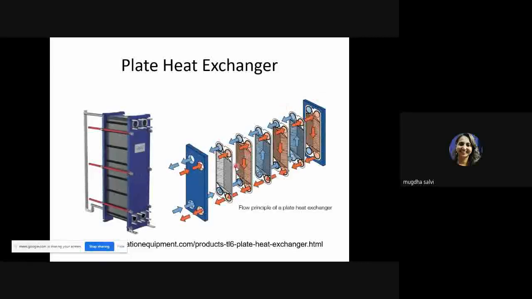If you observe here, if I take the red colored fluid, it is passing through this first plate. It is not passing between the two surfaces. It is passing out from this plate and now passing between these two plates. After passing between these two plates, it is moving on. Similarly, it is going through this and then the next. So it is moving across alternate plates. So you have the blue liquid and the red liquid moving alternately. Hence, heat exchange will occur. They are separated by gaskets, as I said, rubber gaskets.